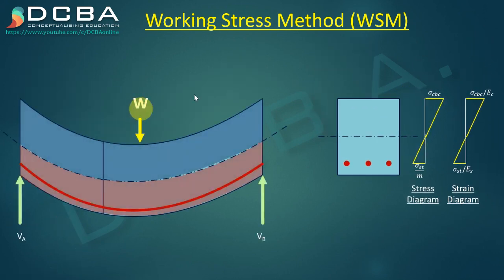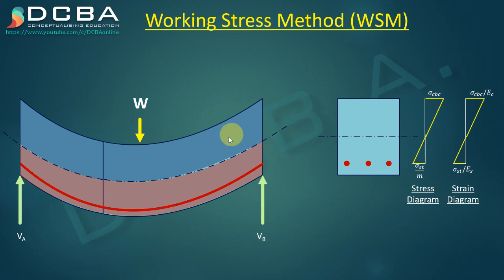Now the thing is that we are doing all these things to design our section, correct? And to design means that whatever section we are providing should be safe against the loading that is applied on the section. How to check if it is safe against the applied loading? If the section that I've designed is able to resist any moment that is produced by this load, then I can say that my section is safe.